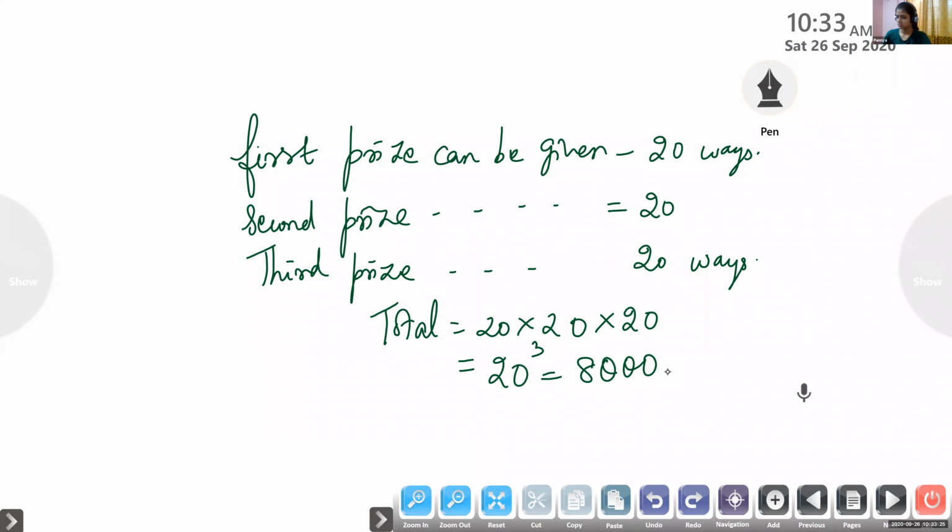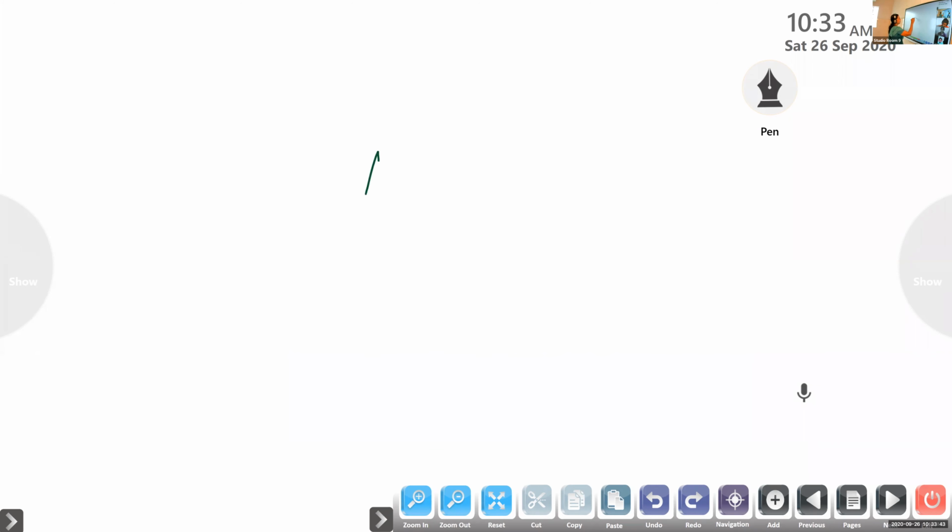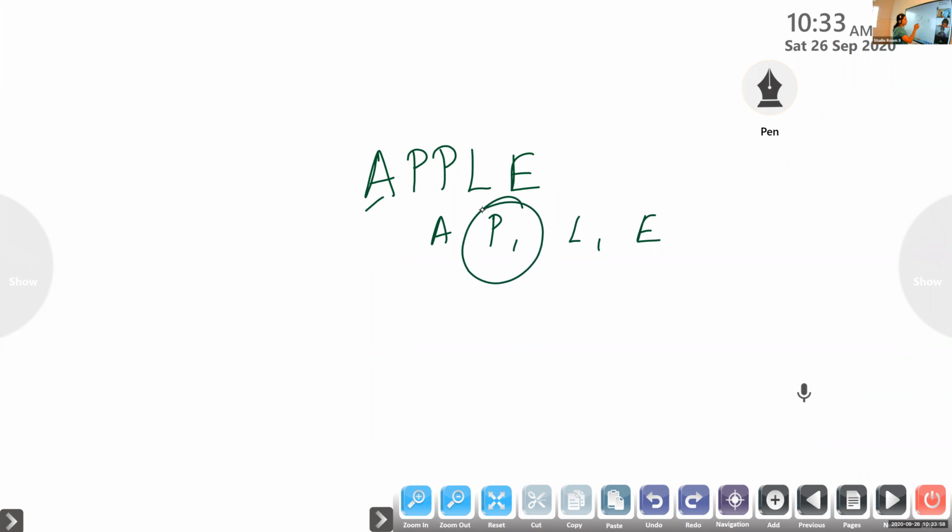Okay, children. So till now, we are arranging either persons or books so that we are able to distinguish. Suppose we are asked to arrange the alphabets in a word. For example, you are given a word apple and you are asked to arrange the alphabets of this word. Here the letter A we can differentiate. A is there, P is there, L is there, E is there. But look at the letter P. Is it repeated twice? We can't distinguish.